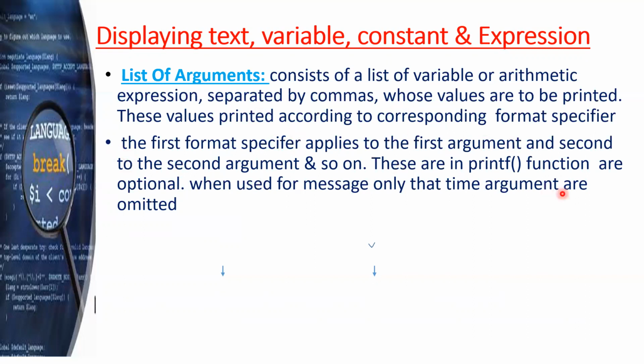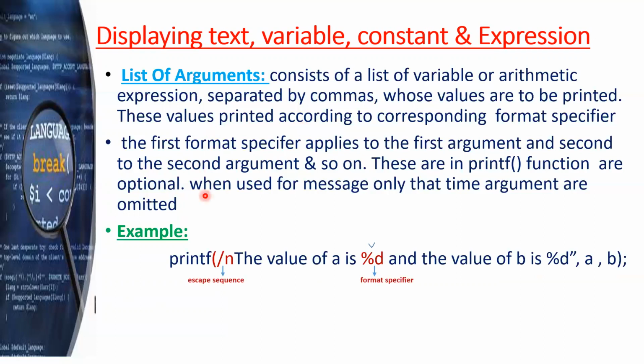The arguments in printf functions are optional when used for a message only. In that case arguments are omitted. It means when you want to display only a message, the list of arguments is omitted in the syntax. But when you want to express values, variables, or arithmetic expressions, then the list of arguments will be used. Example,